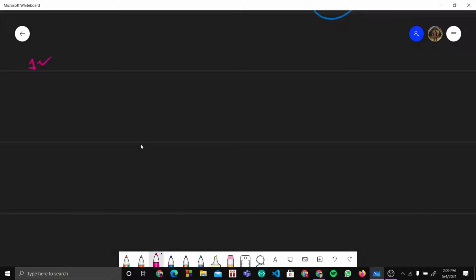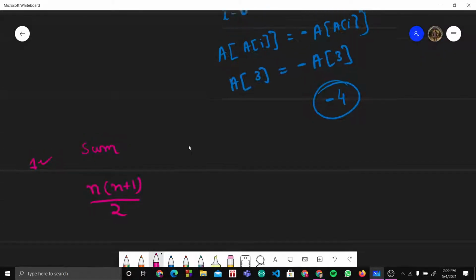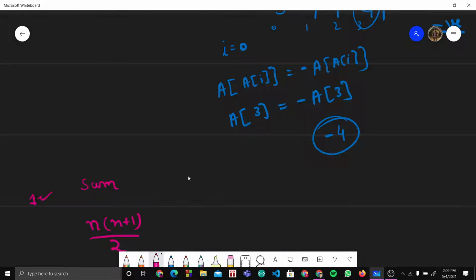In that scenario I can find the sum of the entire series, which will be n plus 1 upon 2, and then manually find the sum of the series that I have. Then I just subtract these two to find the value that is missing.